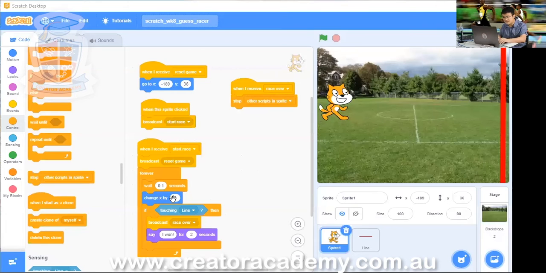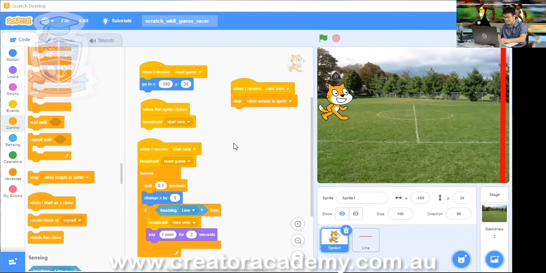Okay, so let's have a look at this. To make it random, all we have to do is change this part here where it says change x by 5. What we're going to do now is randomize it. Who wants to tell me how we do random? How can we do a randomization? Who wants to raise their hand and have a guess? Maybe somebody who has been to one of the trial classes can tell me.